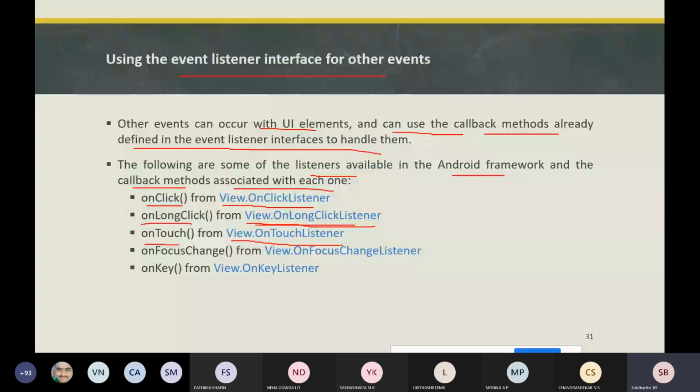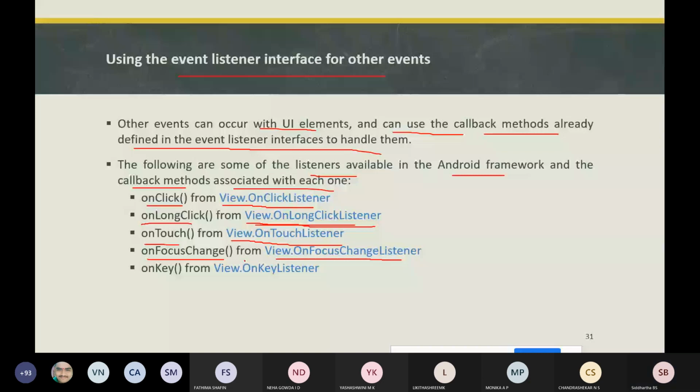Next is on focus change, which is from the View.OnFocusChangeListener. It handles the case when focus moves away from the current view as a result of a trackball or navigation. If you are using a trackball or a navigation key, and the focus moves, whether left, right, or wherever you move, in these scenarios we can use the on focus change method.